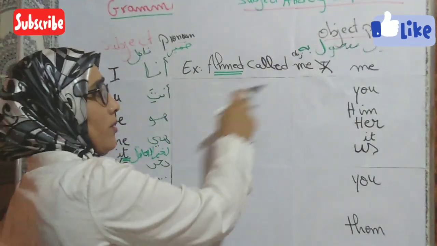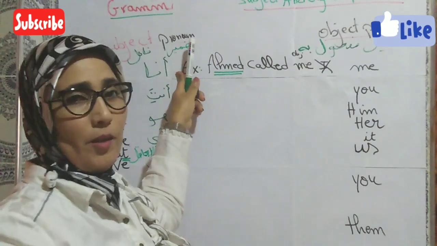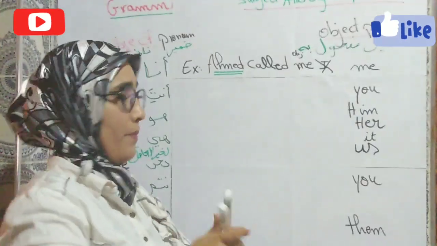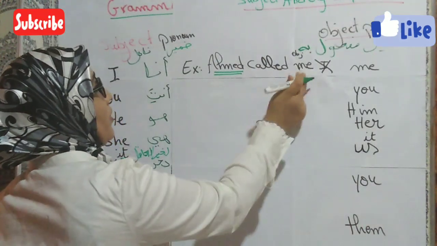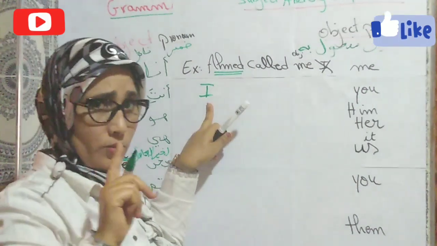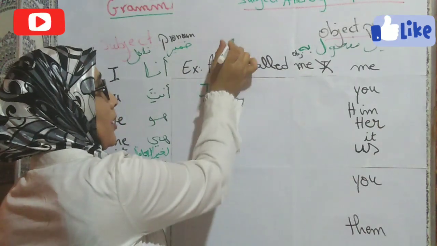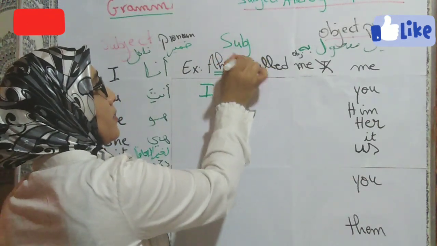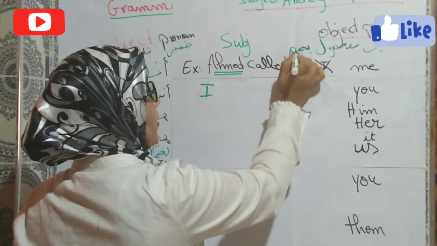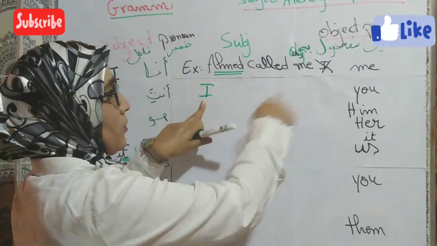Okay, let's now switch. الآن نقوم بتغيير subject يعني الفاعل مع المفعول به. Let's say for example I, which is the subject. We cannot say me called. No, because me is object, and here we need subject. Okay, the first place always is used for subject, and here used for object. Okay, so let's change I